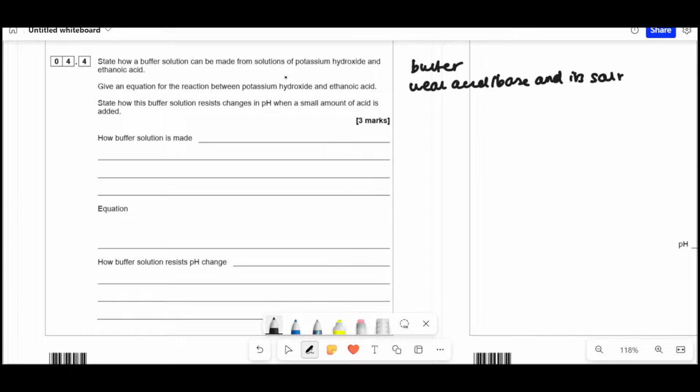So now they've told you that you've got potassium hydroxide, which is a base, and an acid. So an acid plus a base makes a salt plus water. But you don't want to get rid of all the acid, remember. You want a weak acid and its salt. So what you do is you mix